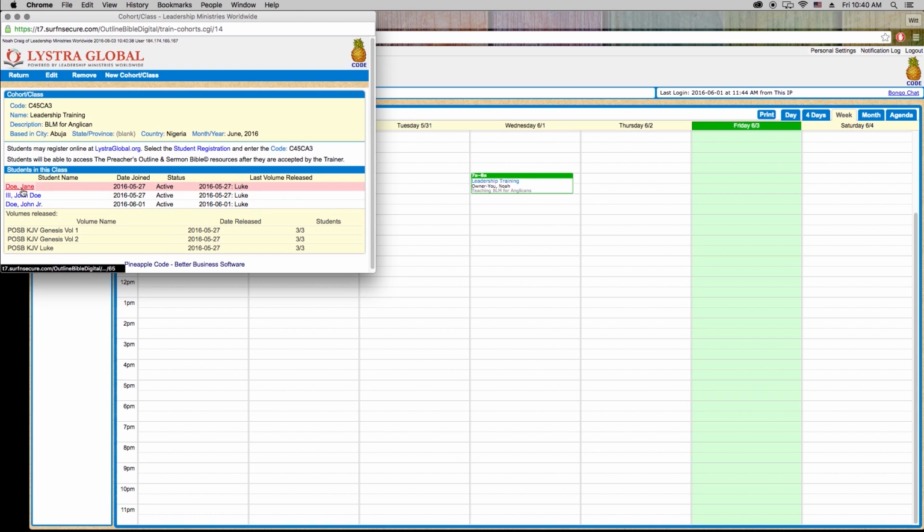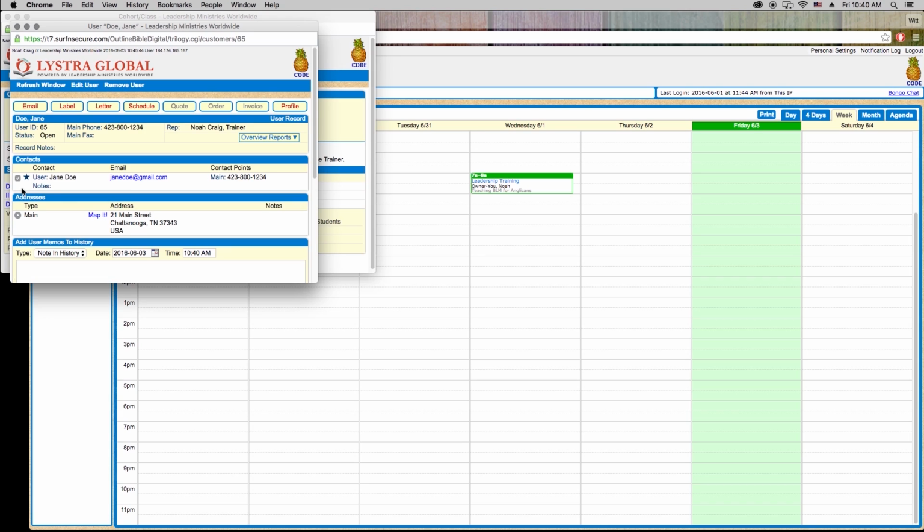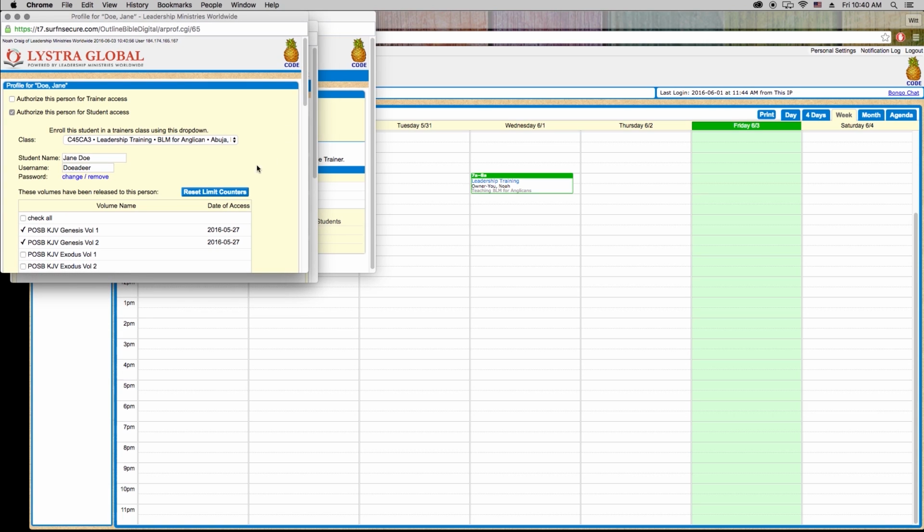You can actually go from here and click on that student and go into their individual profile, which would allow you to either pick up their email to send an email to them, or a phone number if you want to call them. You can also do a profile and adjust what you've given them in Preacher's Outline and Sermon Bible. And in the event that they need to download more information and then the system actually allows them to, you can reset the limit counter for that one student as long as they're using the Preacher's Outline and Sermon Bible